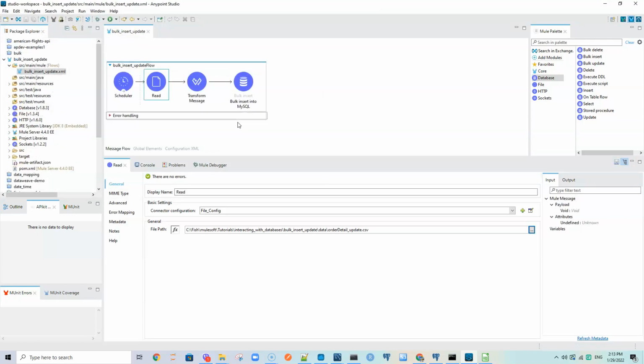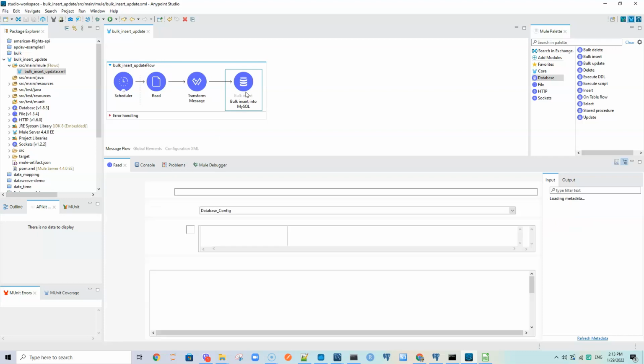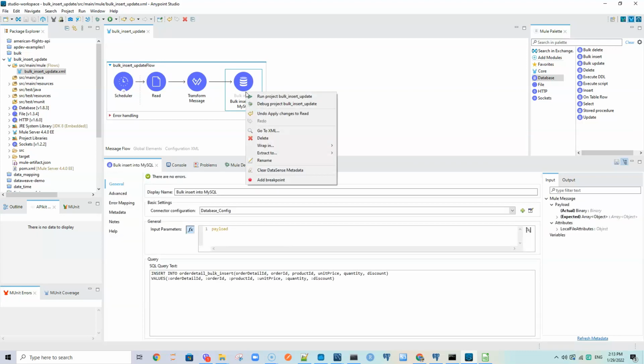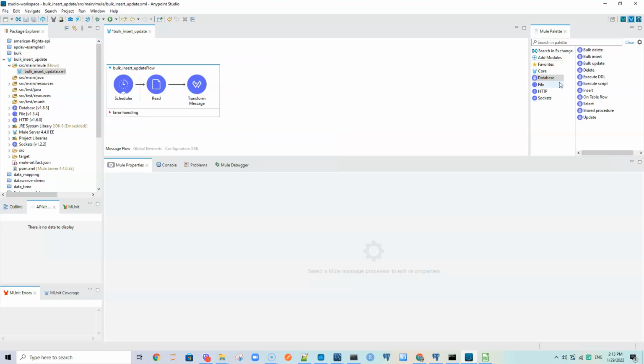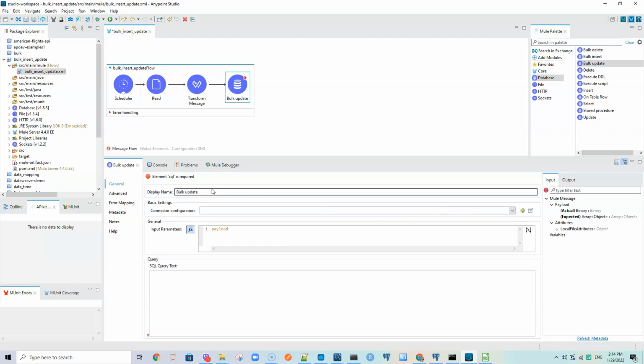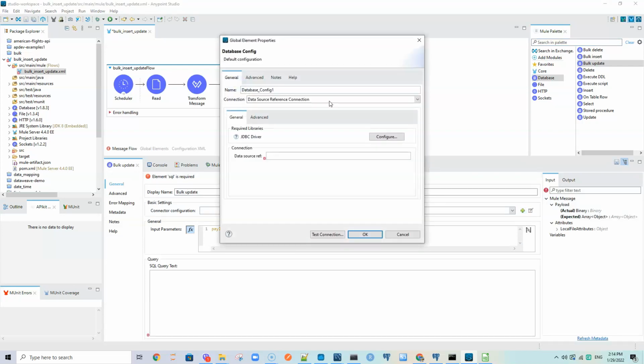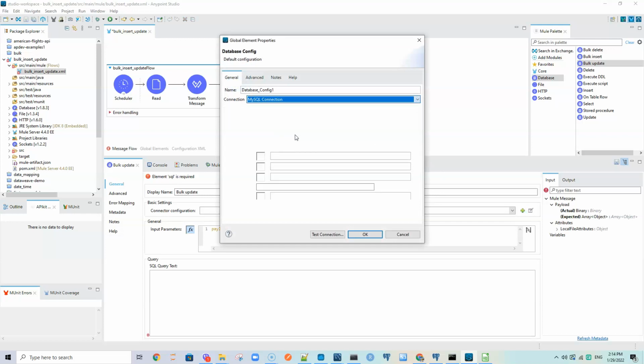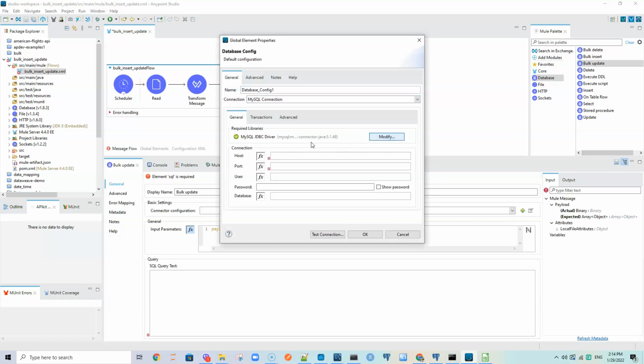Save. Transformation is fine. This one also, the bulk insert, I want to remove it and change it by bulk update and bring it here. So bulk update, the same connection we did before. Okay,